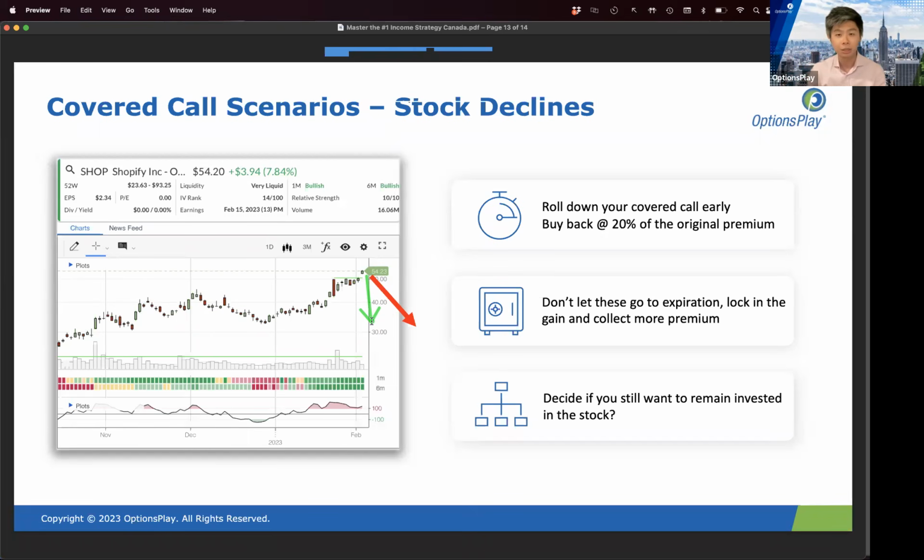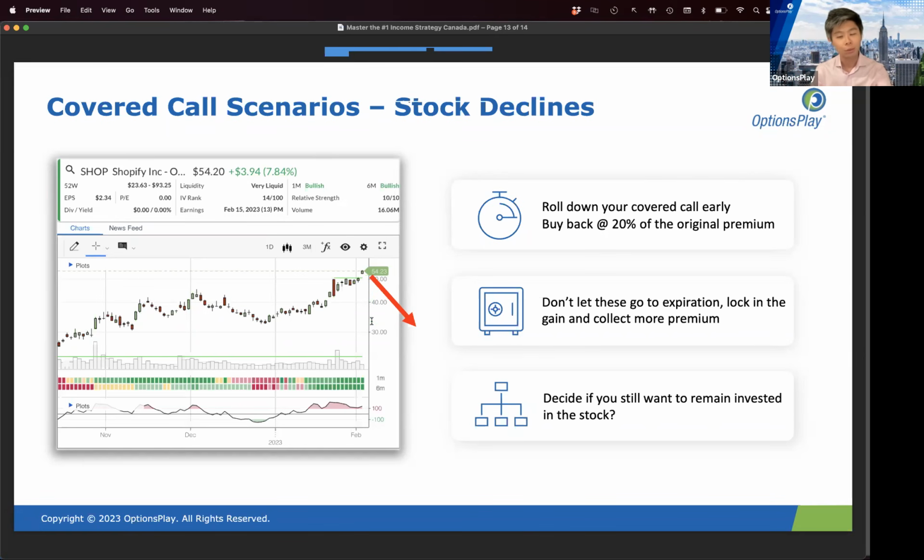Maybe you had a really optimistic growth projection of this particular stock, but new information has come out that has shown you that that's not happening anymore. Well, guess what? Perhaps what you should be doing is not continuing to sell covered calls, not thinking about how do I turn my loser into a winner, not thinking about how do I hedge my downside. You should be thinking about selling the stock because that cash is better applied somewhere else to a new stock that you now have better growth perspective on.